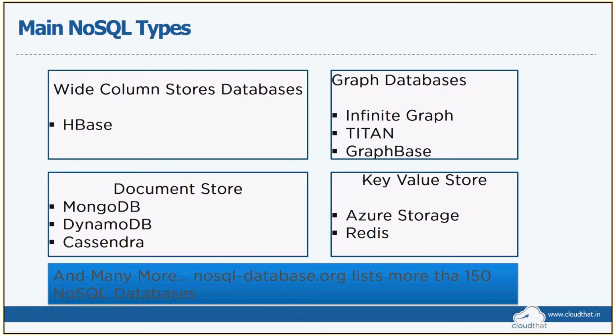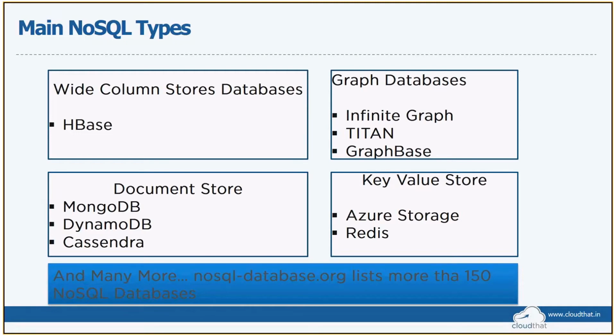When you look at document stores, when you combine multiple key value pairs, we can call that a document. JSON or XML are good examples of key value pair stores which are combined. When I combine multiple key values, I can talk about an entity and say that this entity has the following properties. For example, in an HR system, I can say employee name is something or employee ID is something. So these are all key value pairs. A set of key value pairs can describe a single employee.